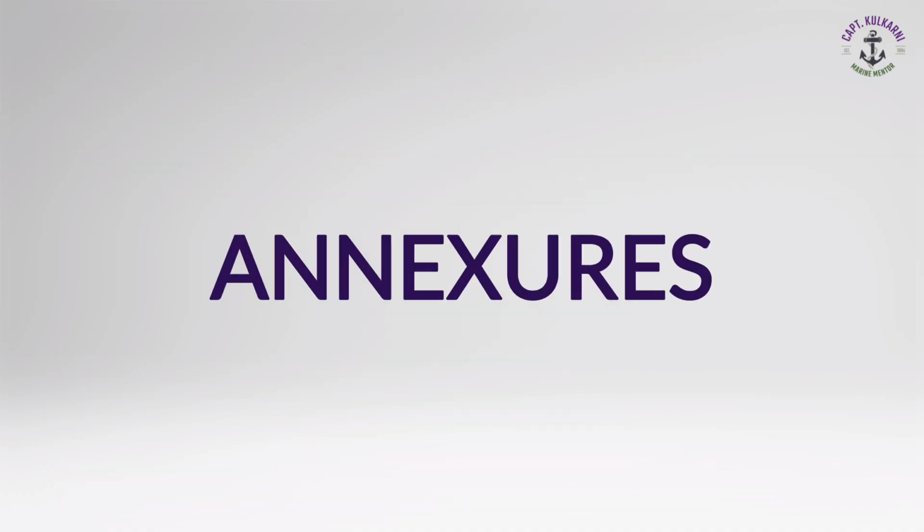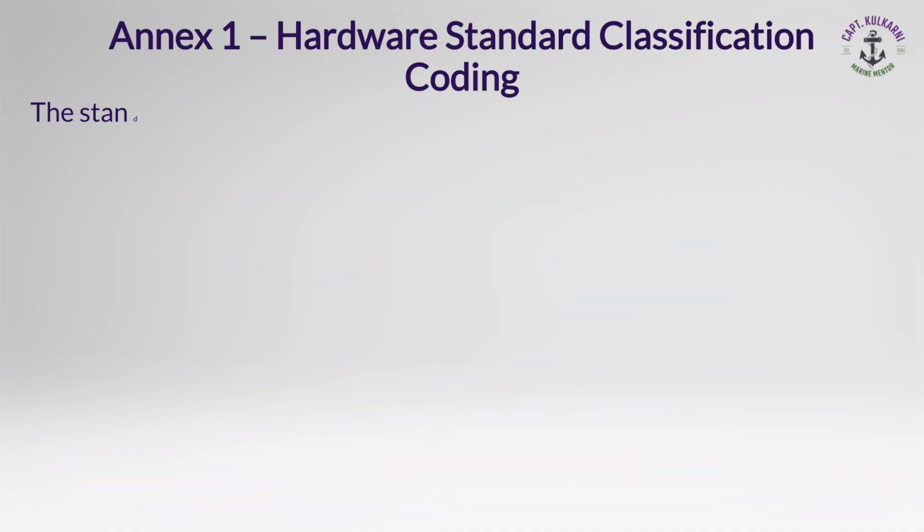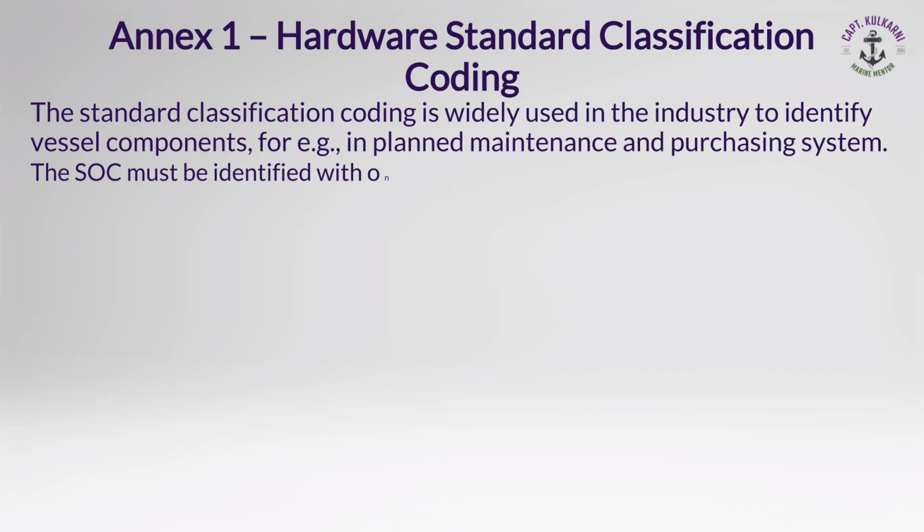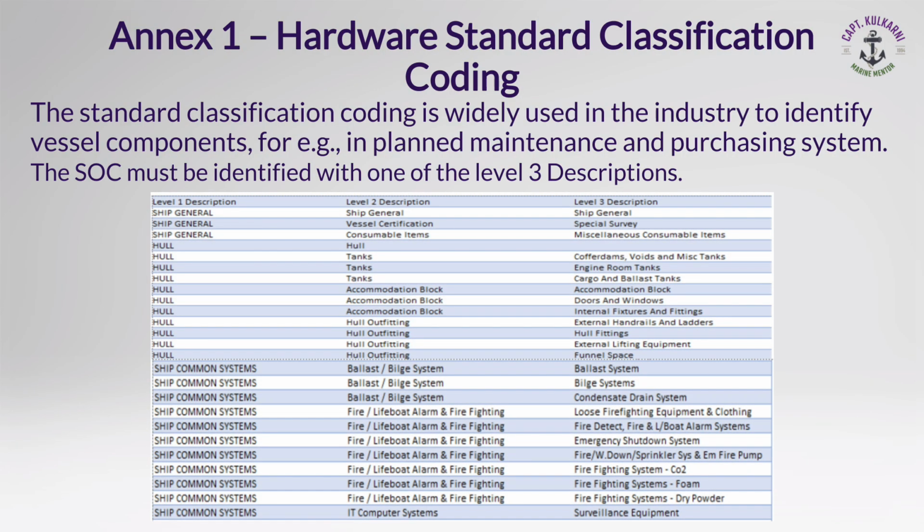The next is we are coming to the annexures, and in annexures I have taken the clippings and we are talking about how the hardware standard classification coding is done, and they have got three descriptions. Level 1 is description which part of the ship it is, ship's general or ship's hull, ship's common system, etc. Level 2 has got further description which is talking about the bilge ballast system or lifeboat and alarm and firefighting, hull outfitting, accommodation block. And level 3 description, they are going further ahead and they are talking about funnel space,